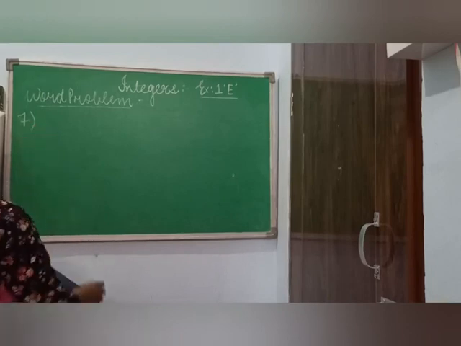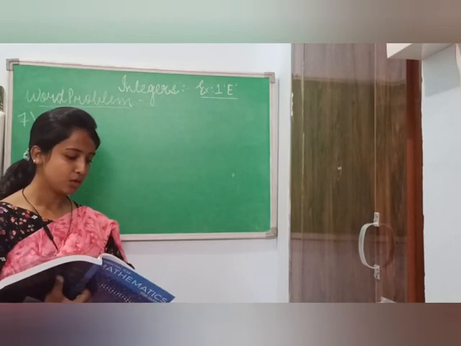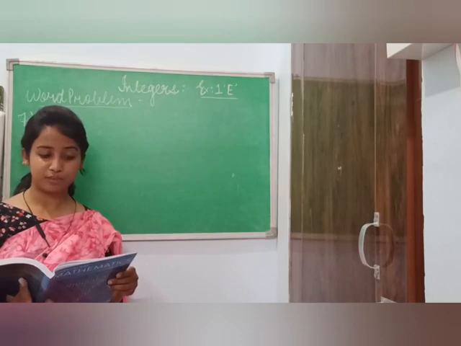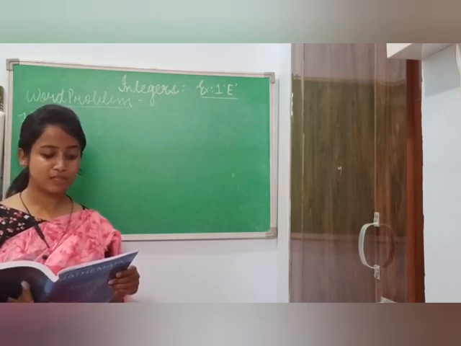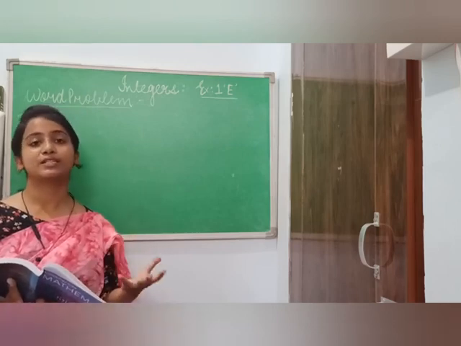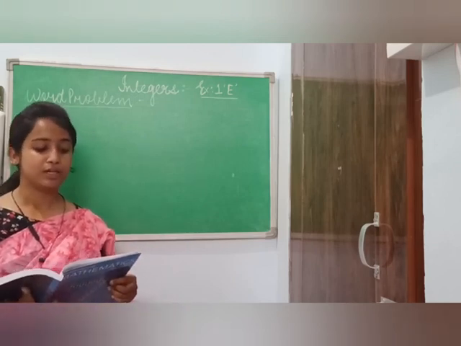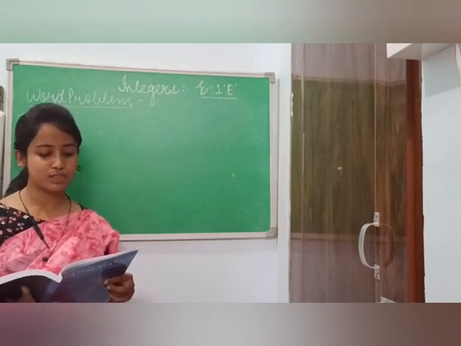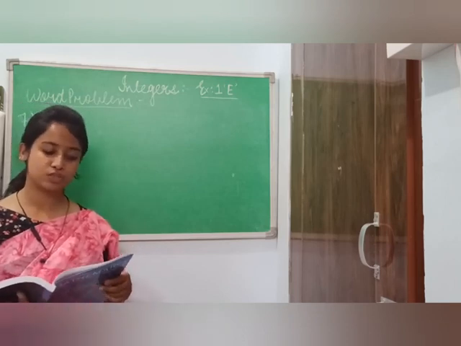Seventh question. Coming on to the seventh question. The question says that at a certain time in Siberia, the temperature was minus 28 degrees centigrade. On the same day, at the same time, the temperature in Brazil was 28 degrees centigrade. So the temperatures of two places, Siberia and Brazil, are given. We have to find out the difference between these two temperatures.